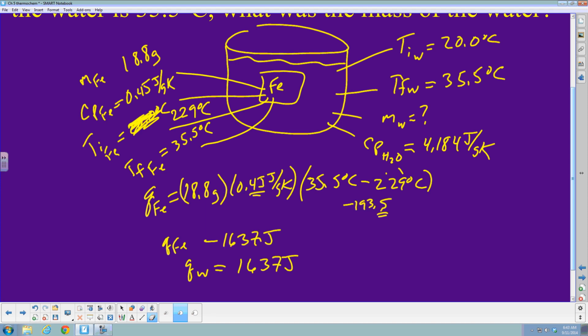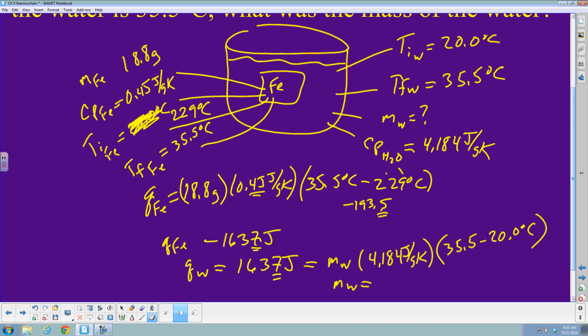1637. How many sig figs can I get out of this? I can only get 3 out of this. There we go. That's going to be equal to my mass water, which we need to find, times my C sub P, 4.184 joules per gram Kelvin, times my delta T, 35.5 minus 20.0 degrees Celsius. Got it? Okay, let's solve for M water, which is going to be equal, divide by 4.184, divide by the quantity 35.5 minus 20, and I get an answer of